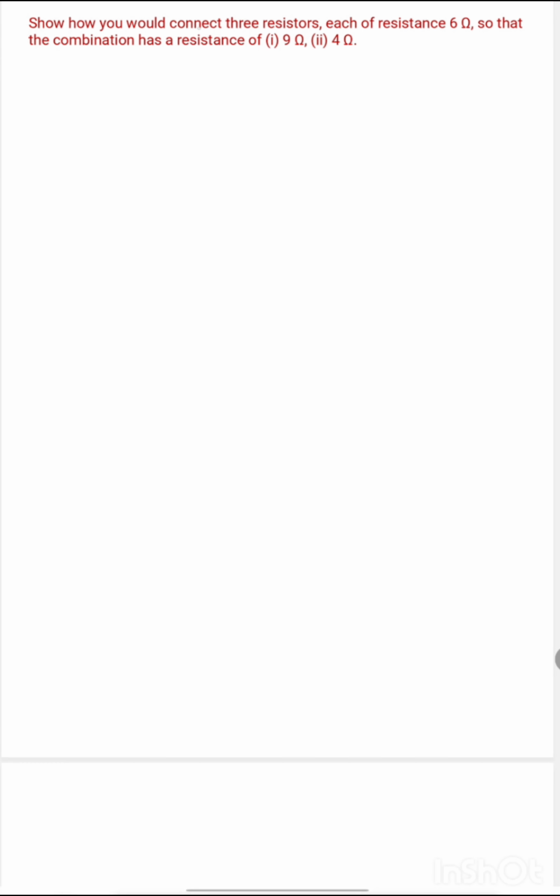Show how you would connect three resistors, each of resistance 6 ohm, so that the combination has a resistance of 9 ohm and 4 ohm. So we have to find the combination of these three resistors to get these two values, 9 ohm and 4 ohm. So first for 9 ohm,